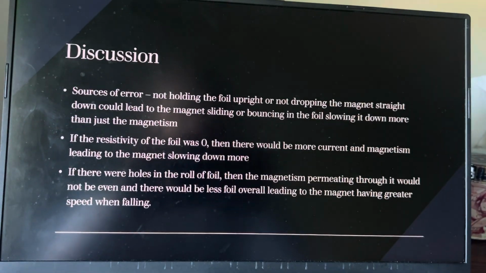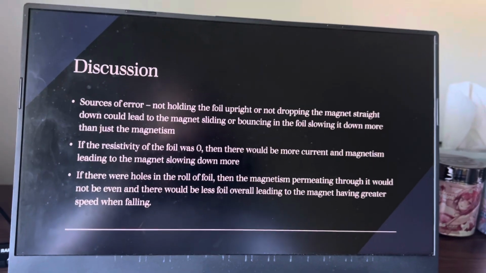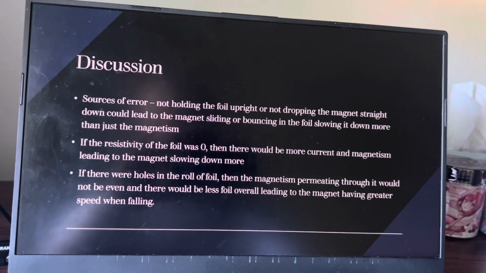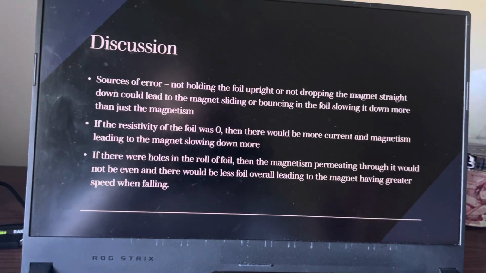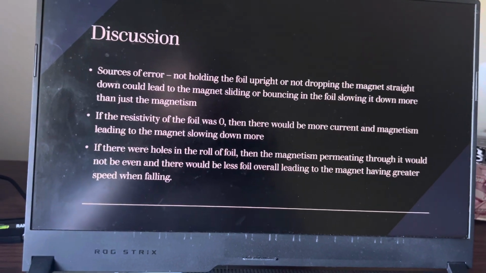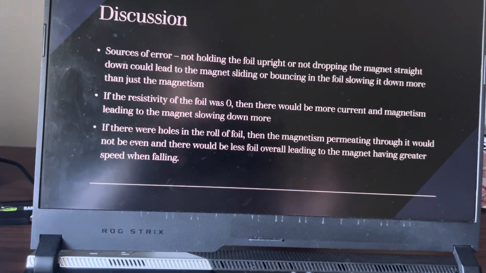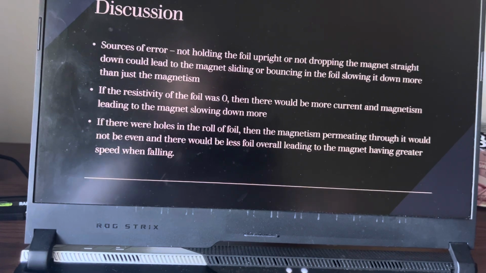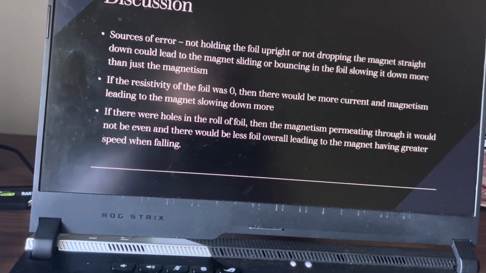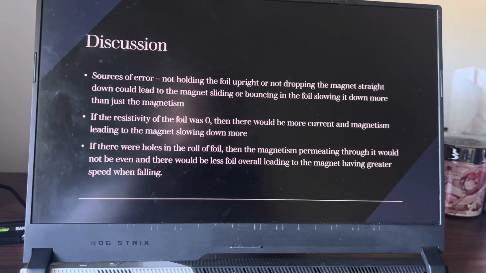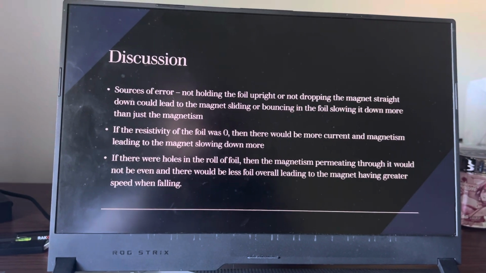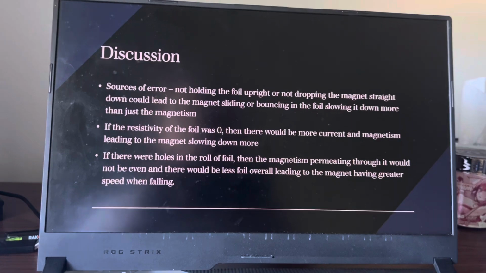as it falls. When discussing sources of error, we need to understand that we were not able to hold our aluminum foil perfectly straight up, nor were we capable of dropping the magnet straight down, which leads to it sliding around inside and causing a lot of friction, which could artificially increase the time it takes to fall through the foil. And if the resistivity